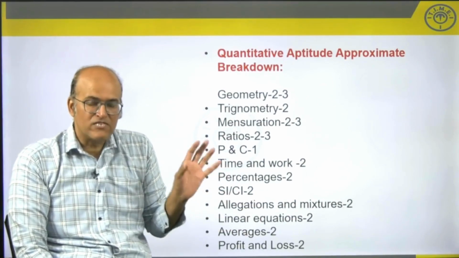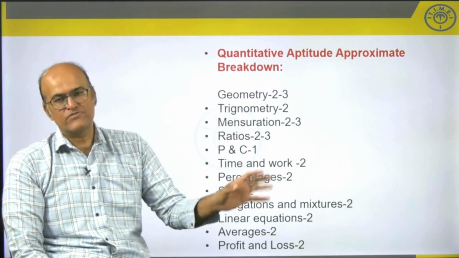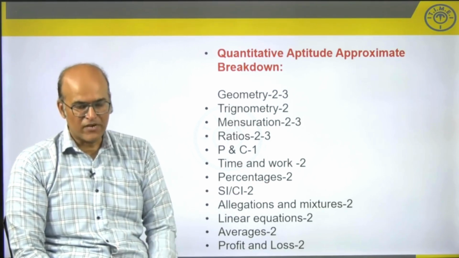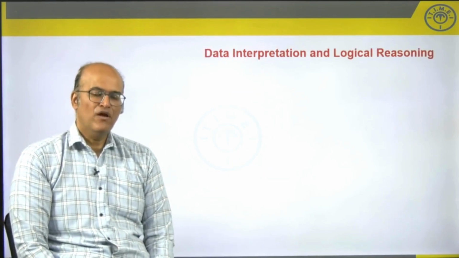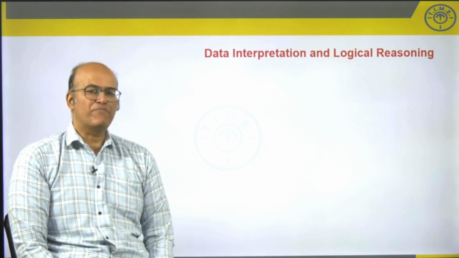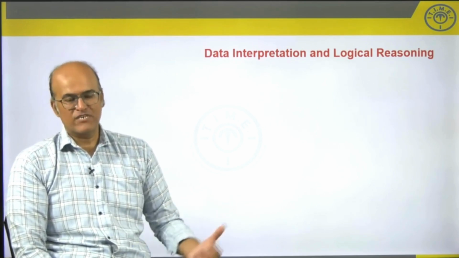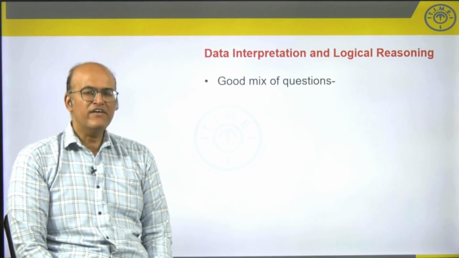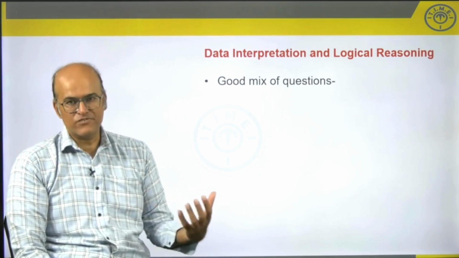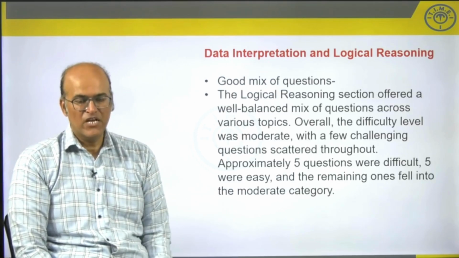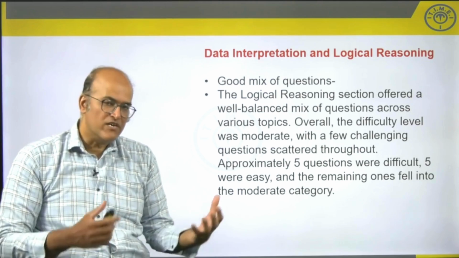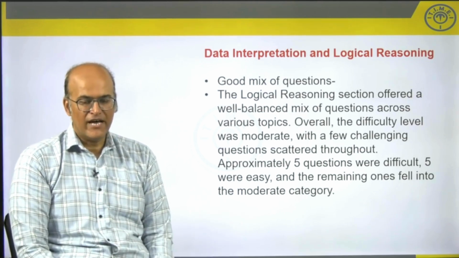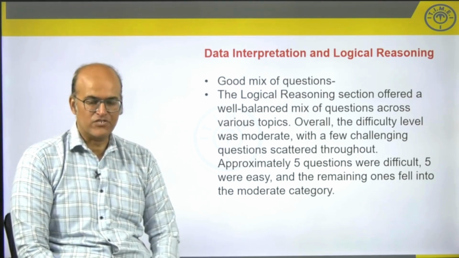So this was one section that would have troubled most of the students in terms of difficulty level. Moving on to the second section of the paper, data interpretation and logical reasoning. Here you had a good mix of questions from a variety of chapters. And if you look at the overall logical reasoning and data interpretation section,